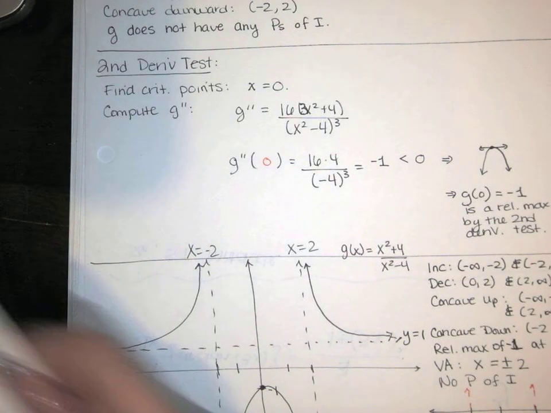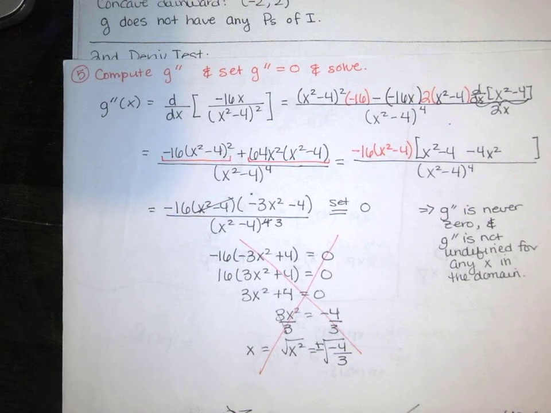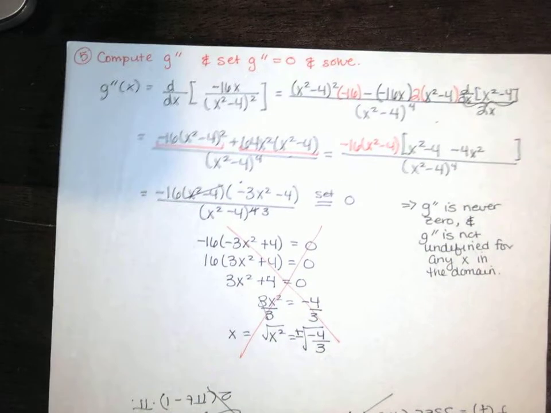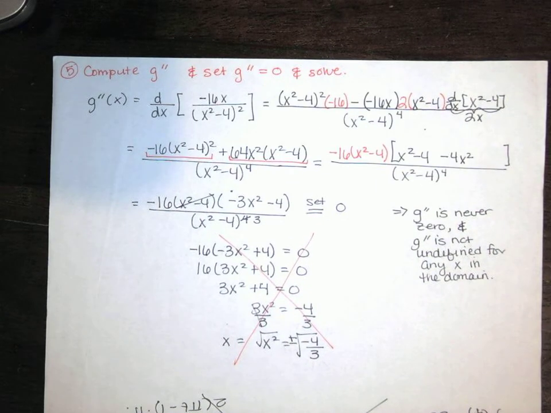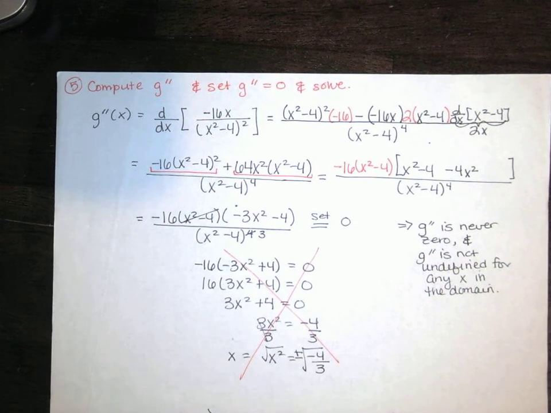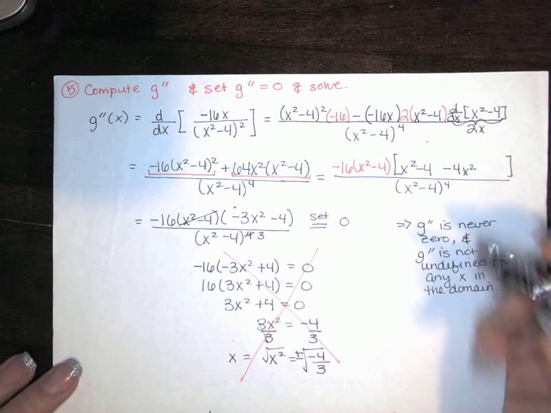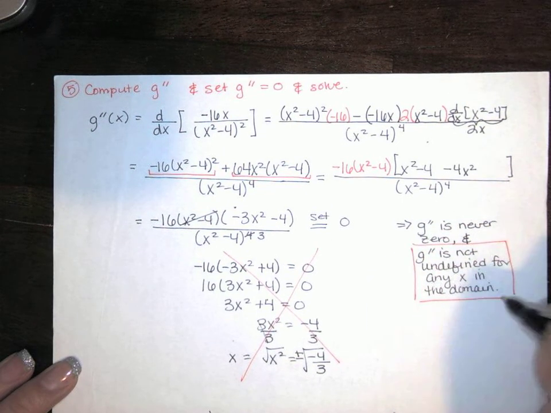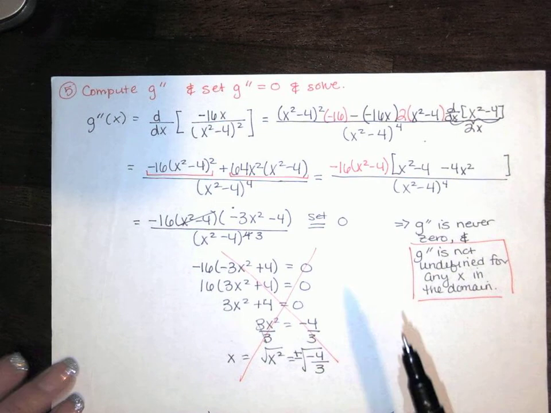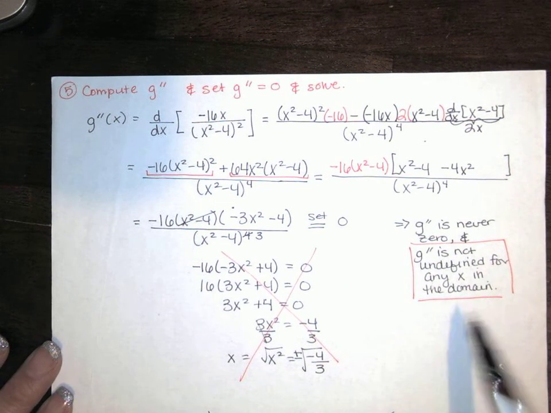the next part, you're basically doing the same thing with the second derivative that you did with the first derivative. We don't call them critical points. I wish we had a name for them, but unfortunately we don't. But we're doing something similar to what we do when we find critical points. We take the derivative again, we set the derivative equal to 0 and solve, and then you also think about x values in the domain for which the second derivative is undefined. You have to consider them both. This time our second derivative was never 0 and our second derivative was never undefined for any x in the